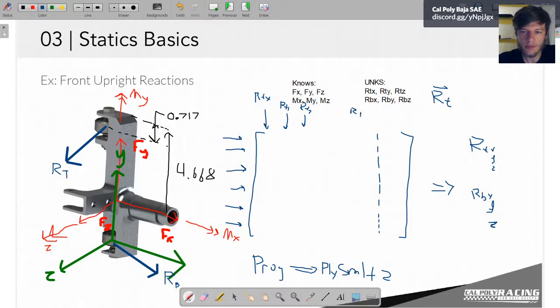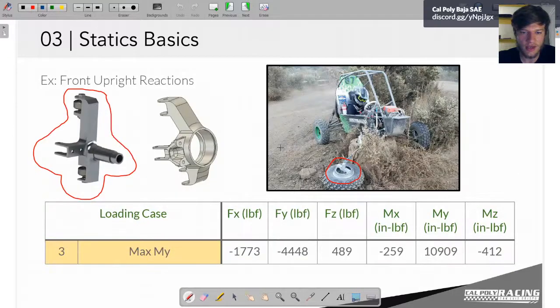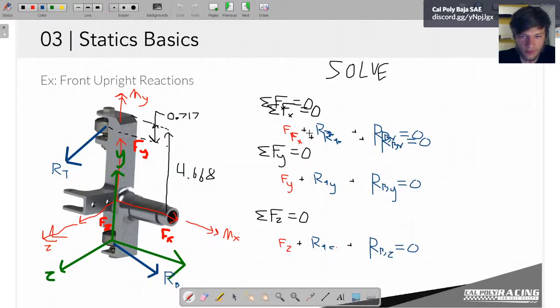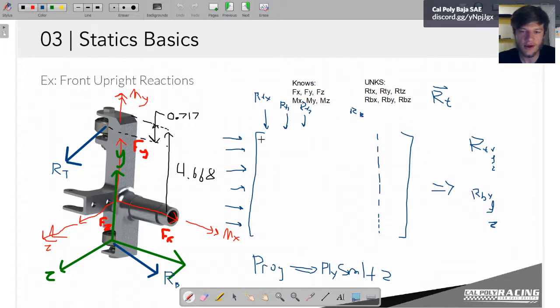So let's see what that would look like for the first equation here that we had. For sum of f of x, we've got f of x plus rtx plus rbx. So if we look in our solution matrix here, we've got 1 times rtx. So we've got a 1 here, 0 times rty, 0 times rtz, plus 1 times rbx, 0 times rby, 0 times rbz,